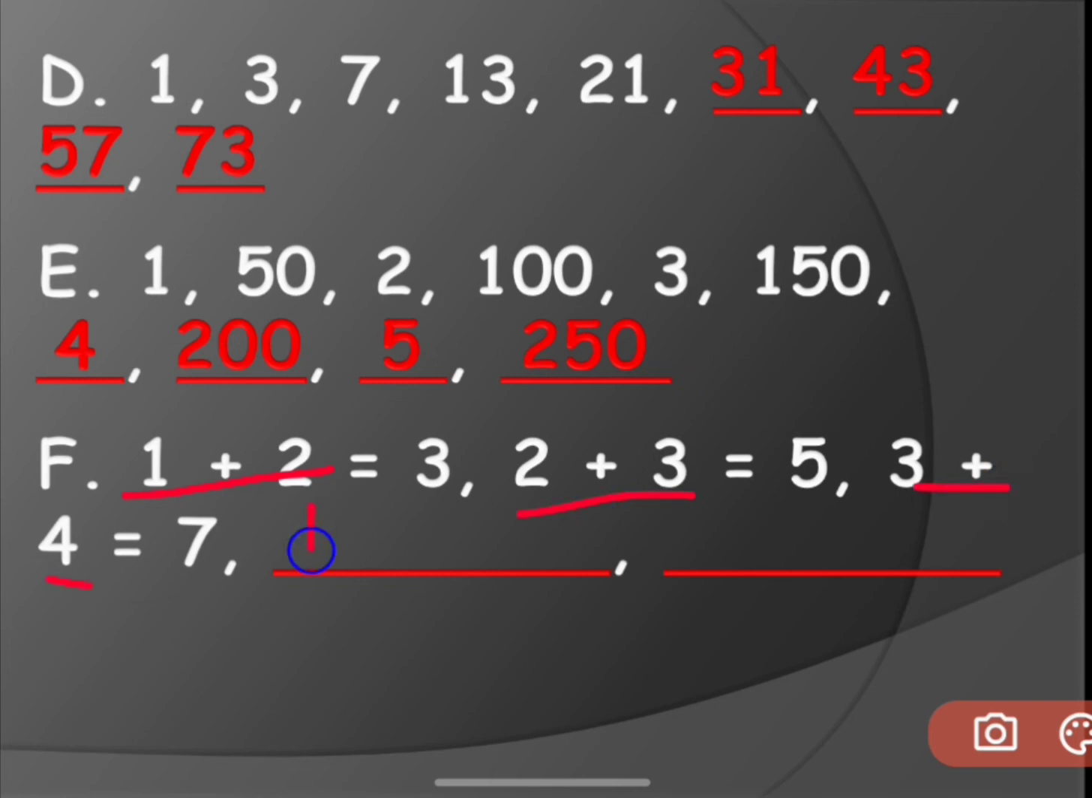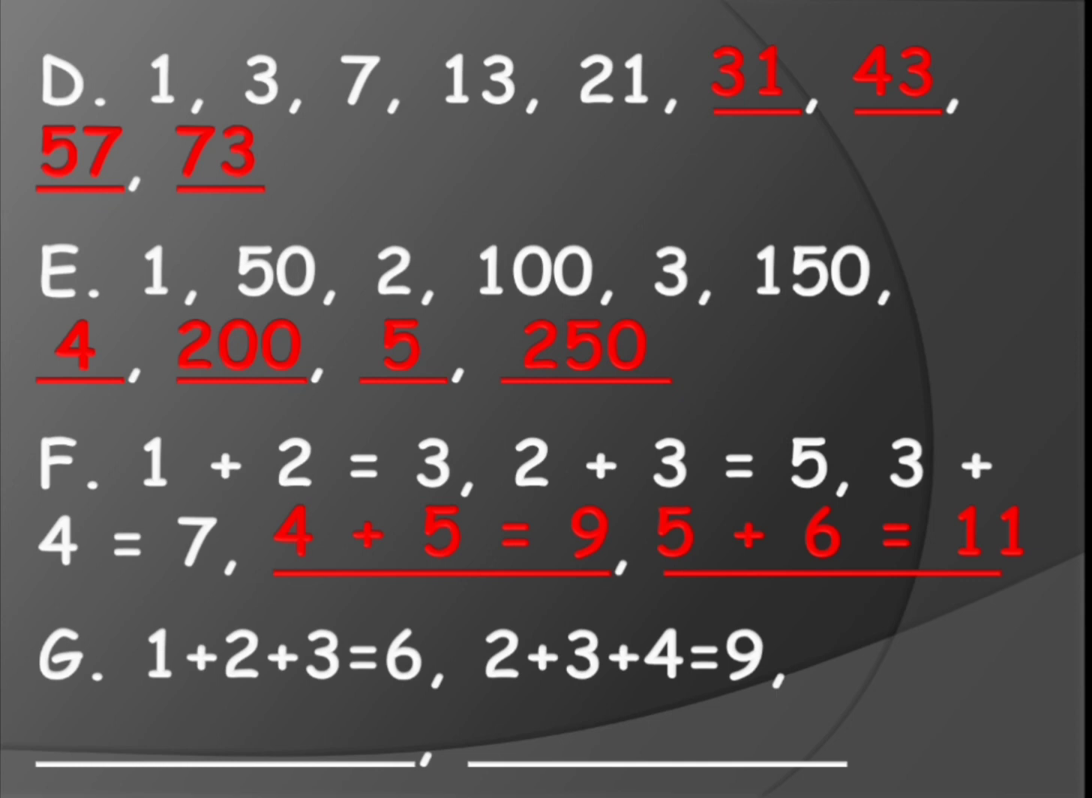Then 4 plus 5 we need to do, and next 5 plus 6 we need to do and write the answer. So 4 plus 5 becomes 9. 5 plus 6 becomes 11. So that's what you will write in these two dashes. So they have given here only two dashes, so you will write only two. Okay. Next. So here they have given two dashes again, but here look at this sum, 1 plus 2 plus 3,